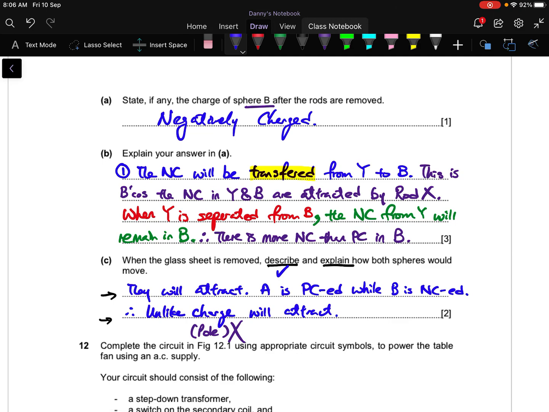Okay, so that's about it. If you're still having some difficulty in electrostatics, do approach your teachers, because every year electrostatics comes up. You need to be confident about it. You need to prepare until